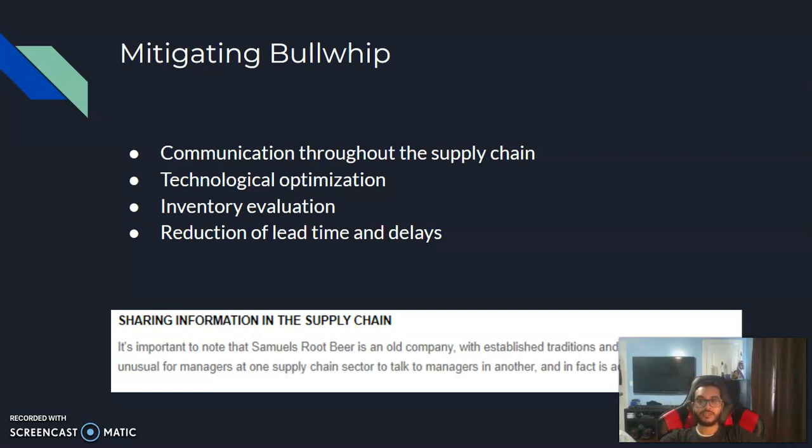Since that option is most likely out, the next option is technological optimization. Technology can be used to optimize many supply chain processes such as managing supplier relationships, inventory management, and inventory planning. A good example of this is the implementation of an ERP system. ERP systems, or Enterprise Resource Planning Systems, can work with artificial intelligence, or AI, to help with supply chain processes so they flow smoother, which will help to mitigate bullwhip. However, some of these systems are very expensive.